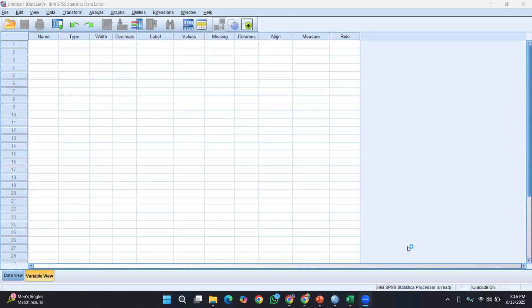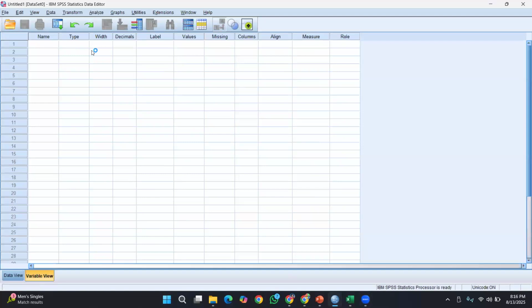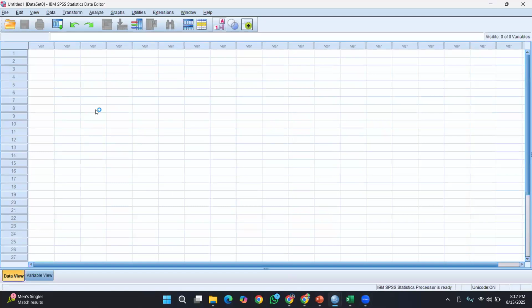Now I have opened SPSS, and you are familiar with this environment, especially the data view and variable view. Whatever you want to do with the variable, you do here. And the data view presents the data, whereas you are not that much into applying changes there. Instead, some basic things.